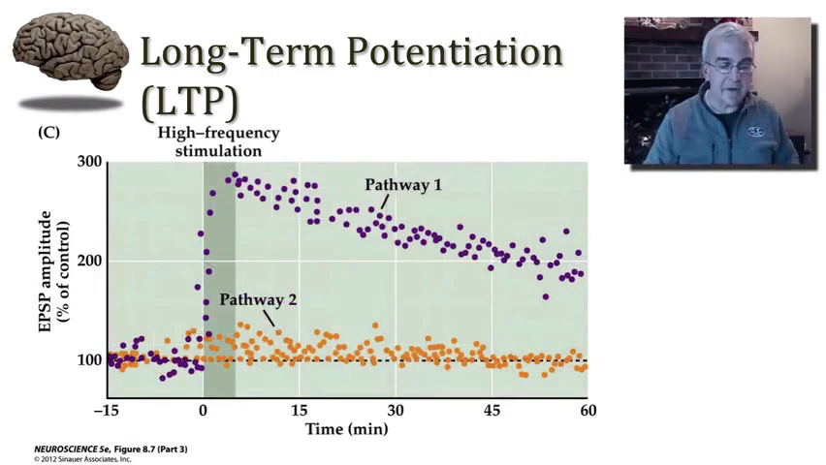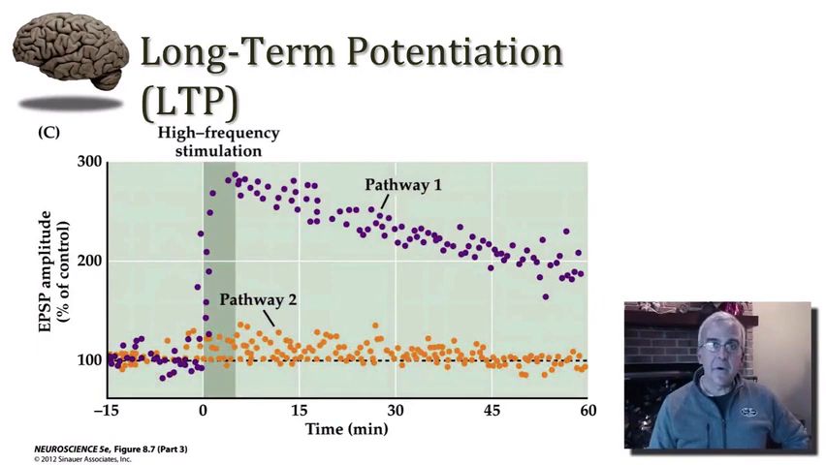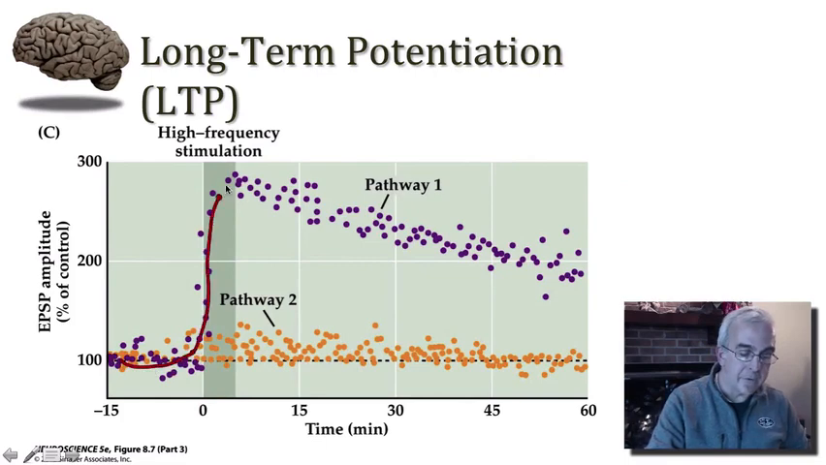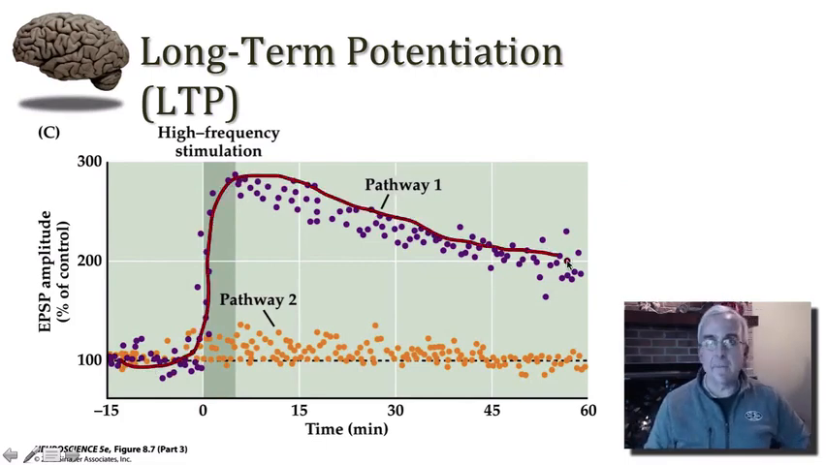Here's another way to look at these data. Plotted here are the responses in these two pathways to the single test shock applied about every 30 seconds or so for about 15 minutes before the tetanus to about an hour afterwards. And what we see in pathway 1 is about a 2 to 3-fold increase in the amplitude of the EPSP over time. Now, there is some decay of this potentiation over the course of this experiment, lasting about an hour,